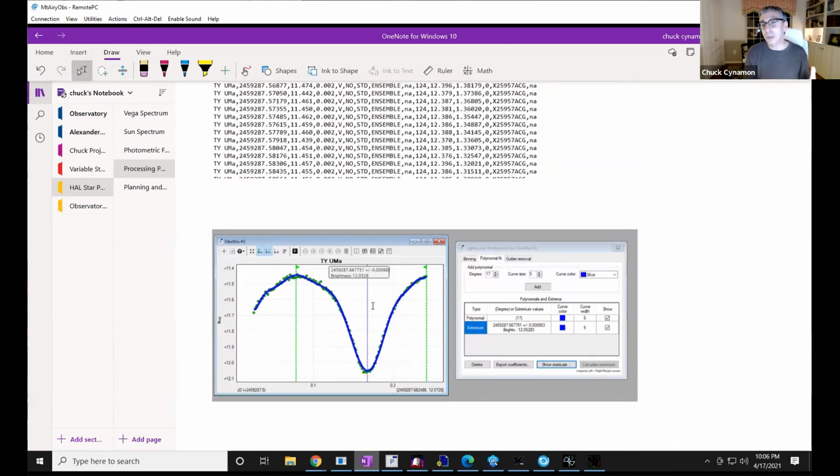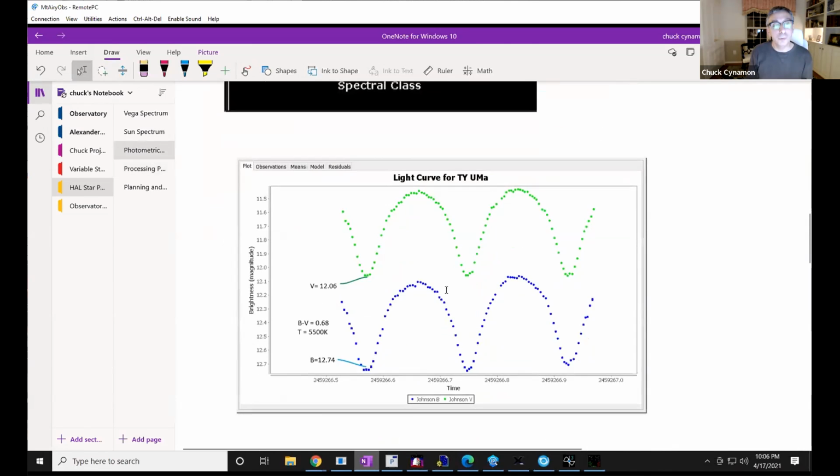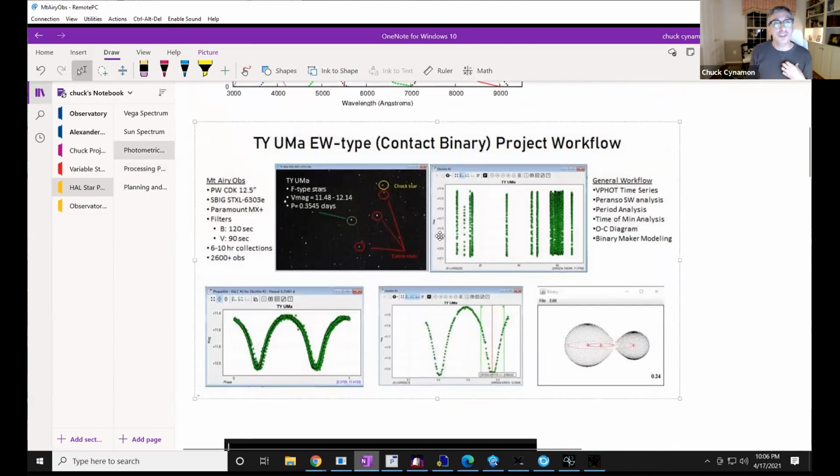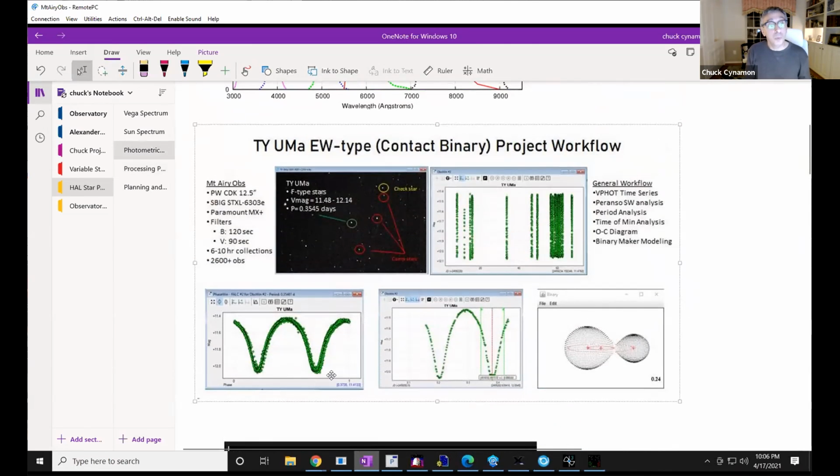So it seems like a lot of work, to have done the planning, the execution, and then the data reduction. But ultimately, what you're trying to do is to understand, hey, what does the whole curve look like? In this case, these are all the days I collected. If you can see the workflow here, this is TY-UMa and all those days that I collected in order to understand where the points were.